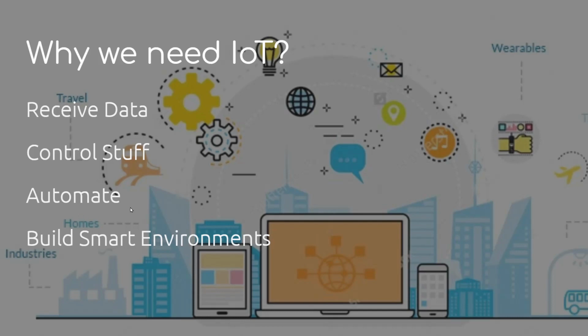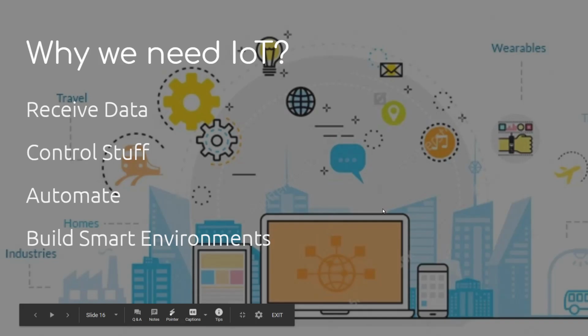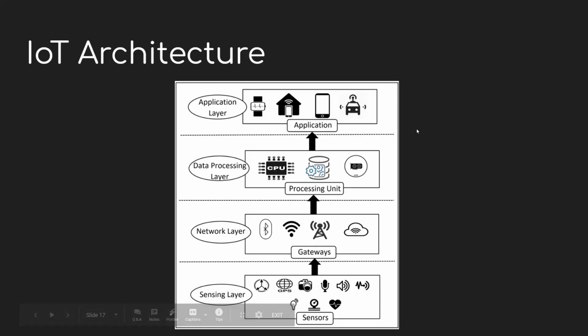Similarly, things can be done in the factory also. Then we should build something called smart environments. I hope you have heard about some recent groundbreaking words like smart cities. The idea of smart cities is that all the IoT devices will be connected to the internet, so every possible thing will be connected to each other. Because of that, you will have full control over the city. Once you are able to control the whole city using the internet, that becomes an example of smart environments.